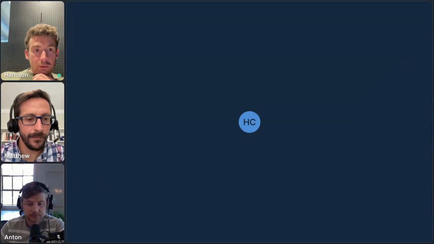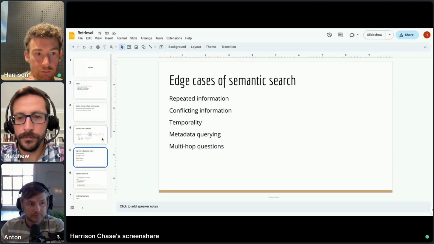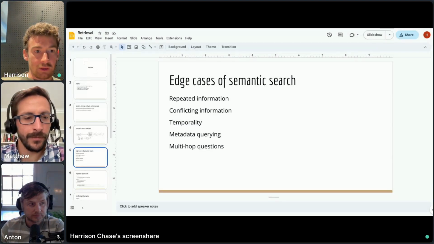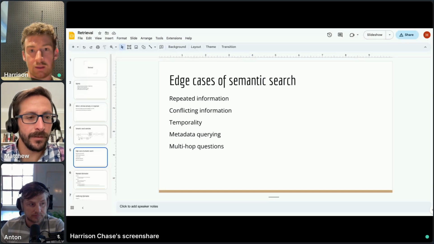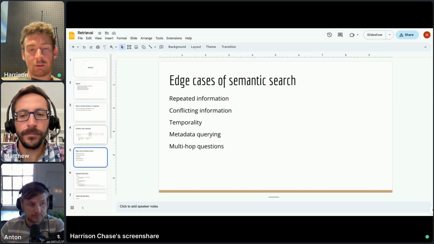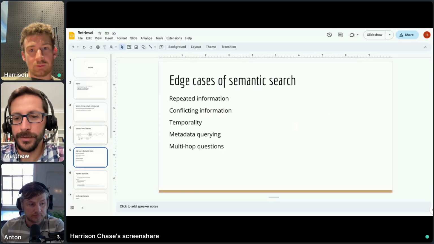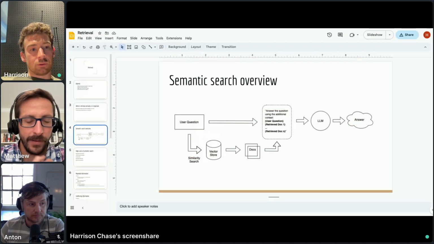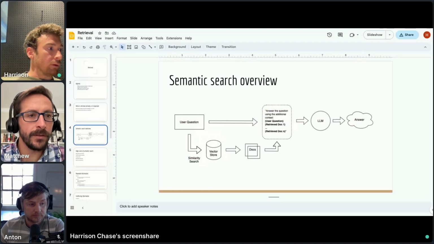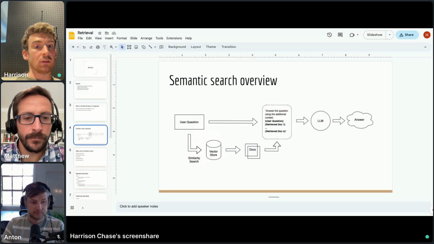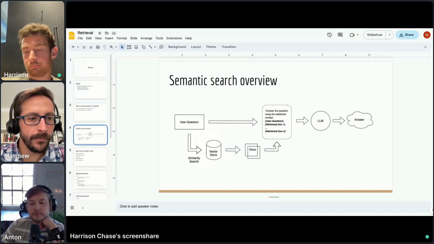Cool. All right. So I won't spend too long on this, but basically I'll chat very briefly about some of the edge cases of the classic semantic search, RAG-style retrieval thing that we see. It's a little bit different approach from Anton, still sticking with RAG and injecting it into the prompt,